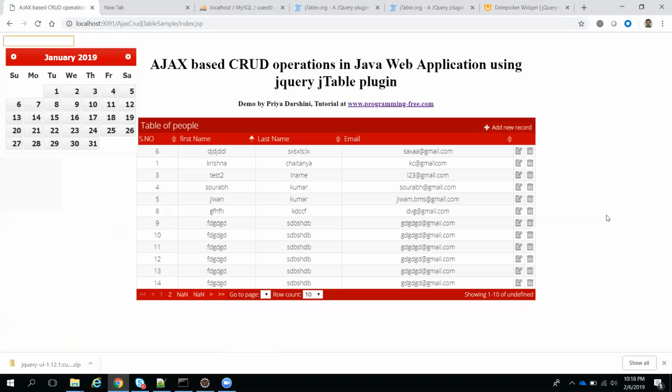Tomorrow onwards, as I told you, we will do a shopping cart application. It will be interesting. From tomorrow we'll do a shopping cart application in a simple way using basic JavaScript, CSS and HTML. Then we'll jump into Angular. Our main target is actually Angular. Before that, I am going to introduce all these things. This is very interesting and helpful for you. So I'm stopping the class here.